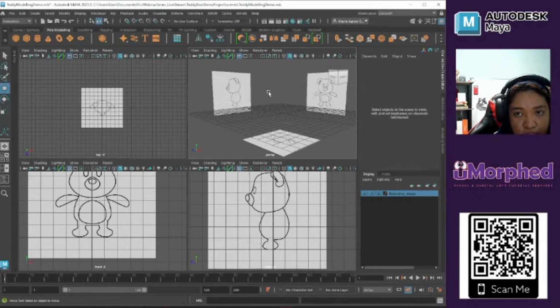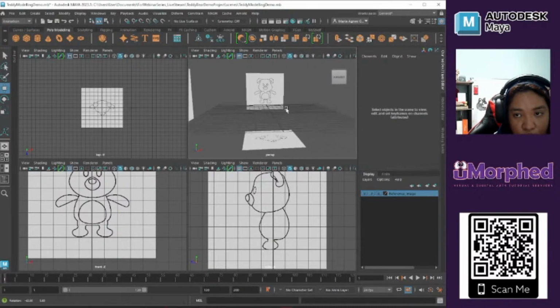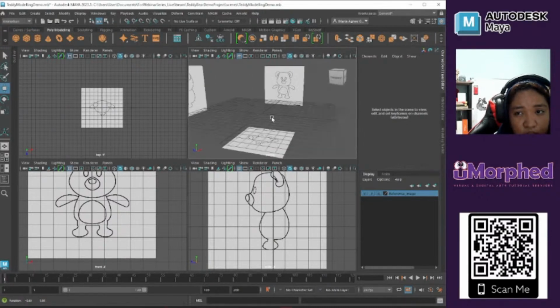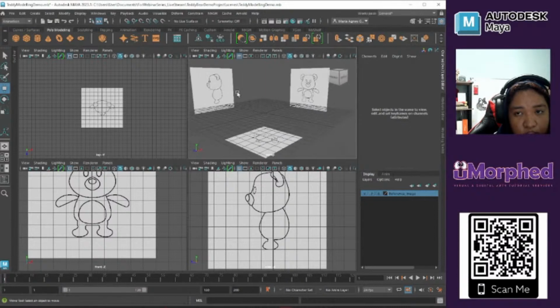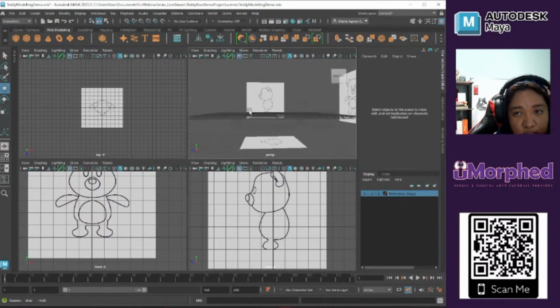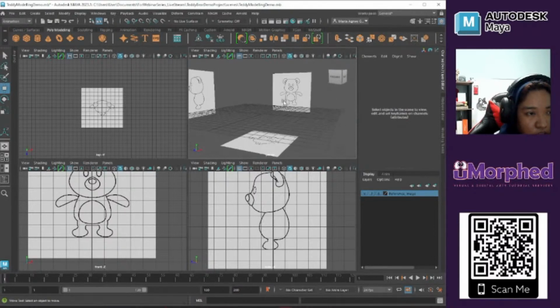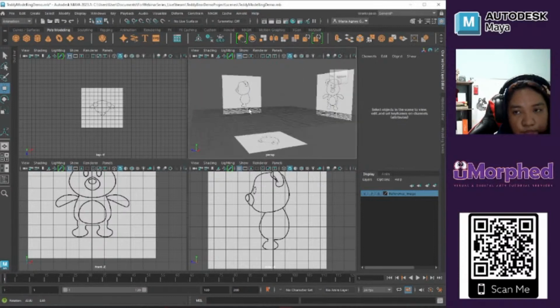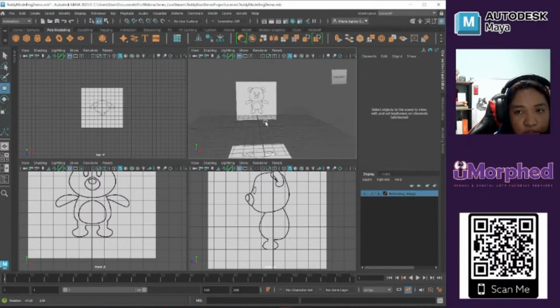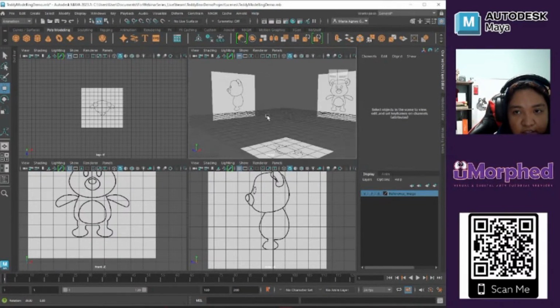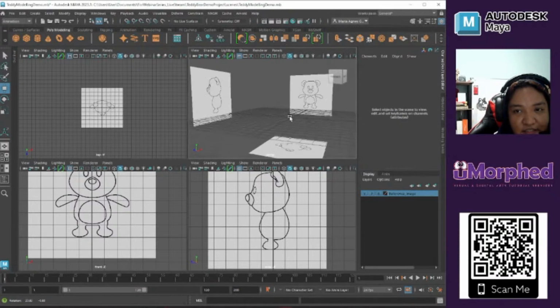So if we want to select different objects here, since this layer is a reference, you cannot move it, rotate it, scale it, or edit it. So now that we are done adding the reference image,